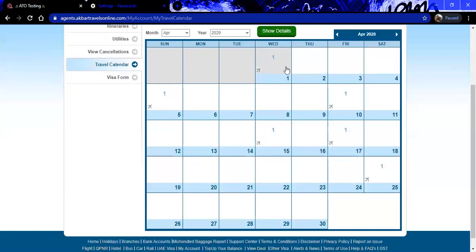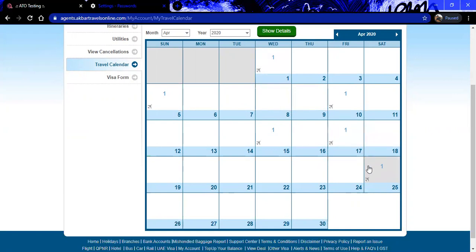So suppose we are just taking, you will be able to see a number of details, that is one over here. So this one means the booking numbers. If it is a flight booking, a hotel booking, and another service, then it will show three, and the icons will be showing accordingly. So as of now, it is one flight booking only. If a hotel booking is there, the icon will be different and it will be showing accordingly.